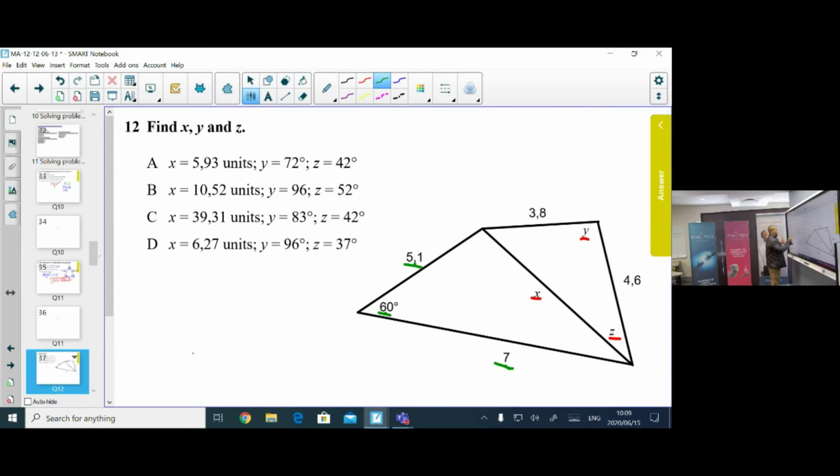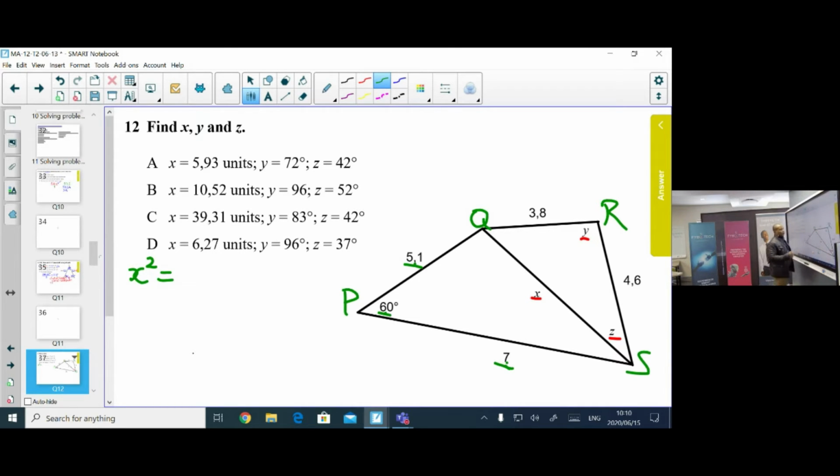So to find X, we can simply say X squared is equal to, so you might have to give names to these sides, your 7 and 5.1 and 60. You see that the diagram doesn't have names. You might want to give names. You can give any name arbitrarily. It means any how you like. You can just say PQ,